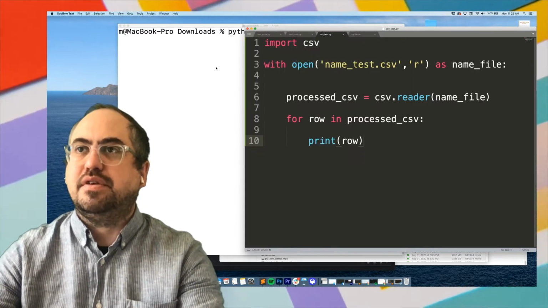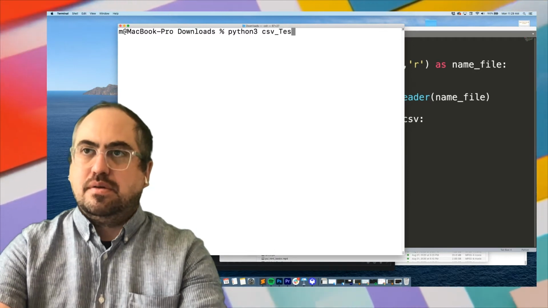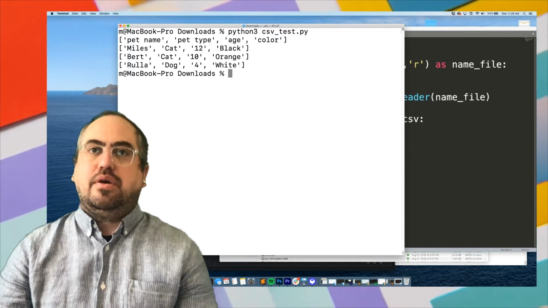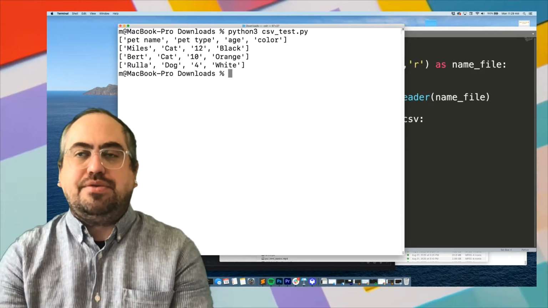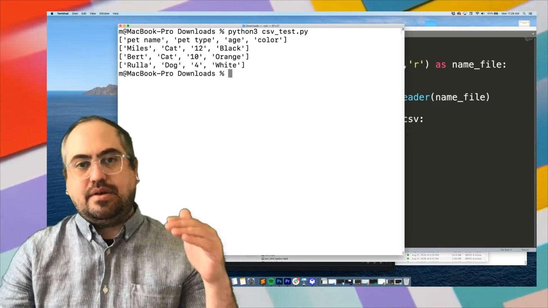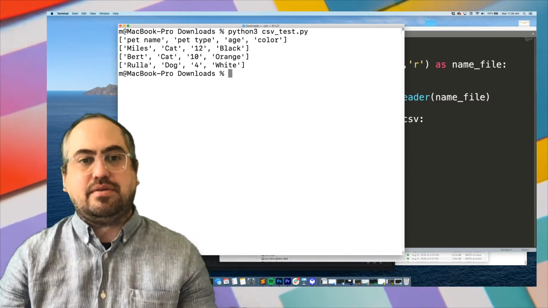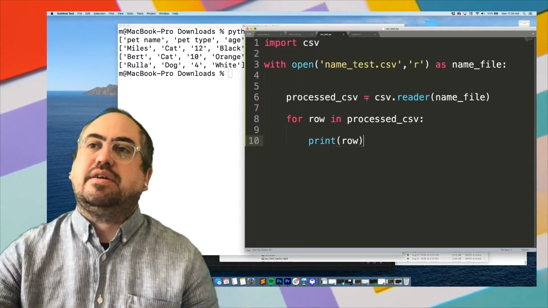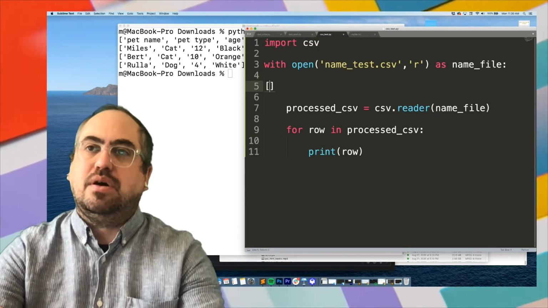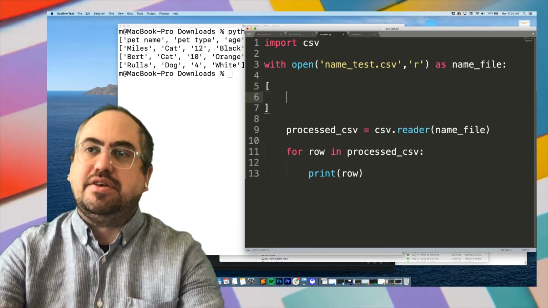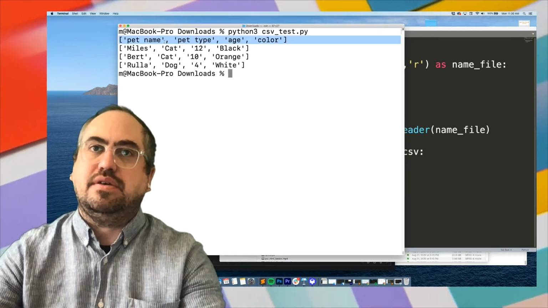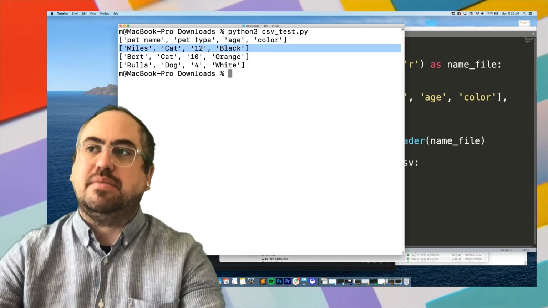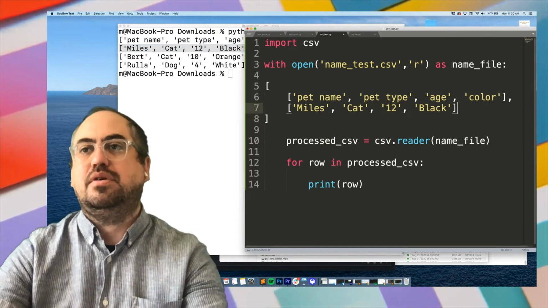And this is called CSV test. Right, and so it went through and it loops through each line and it returns it as a list. And so if you can imagine what this would look like internally, you'd have one list, right? And then each one of those lists is something like this. So it is a list of lists in the way that it's structured in